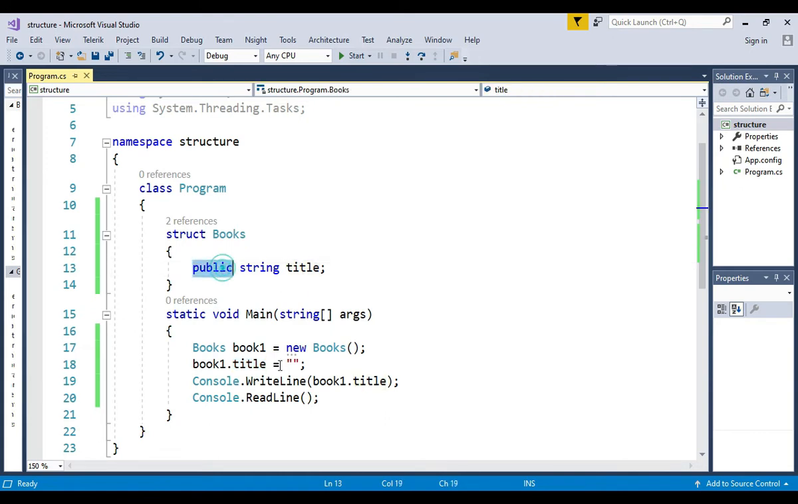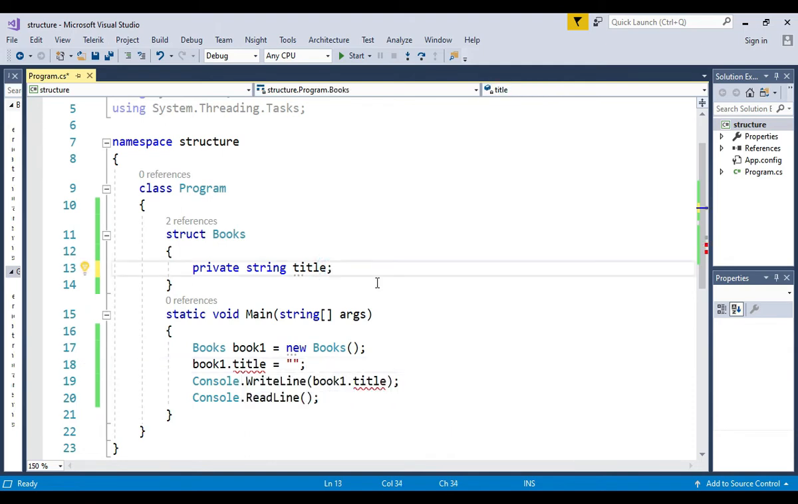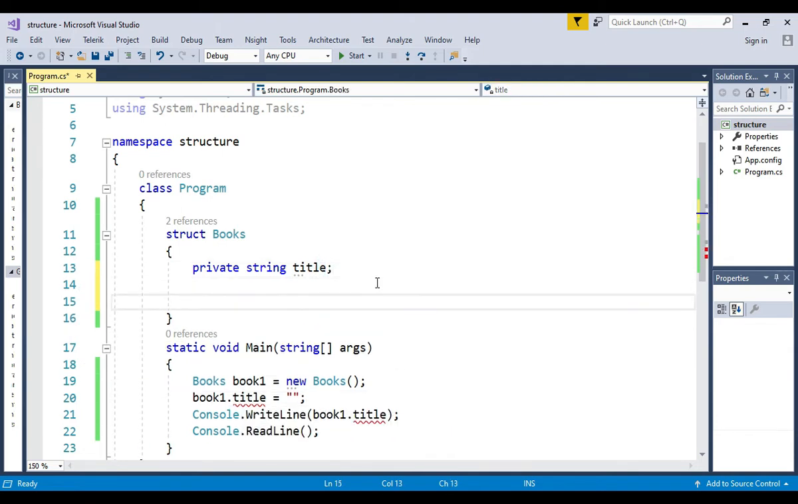With that situation, we are going to replace public with private because we want this to be available only within the structure. When we turn our public variable into a private one, observe that our title is having an error. It says here, inaccessible due to its protection level. Let's just leave that for a while and turn this private string variable into a property of our Books. To start writing our property, let's write public string